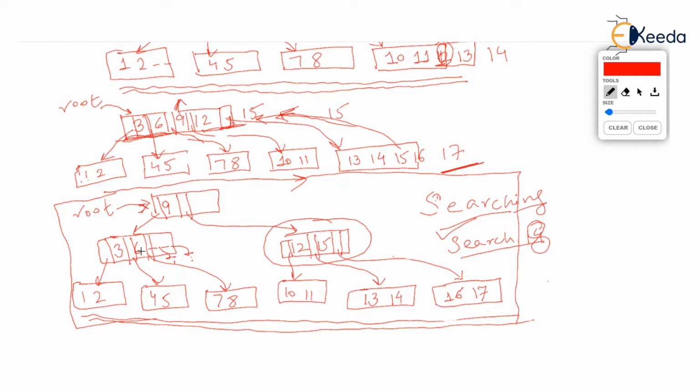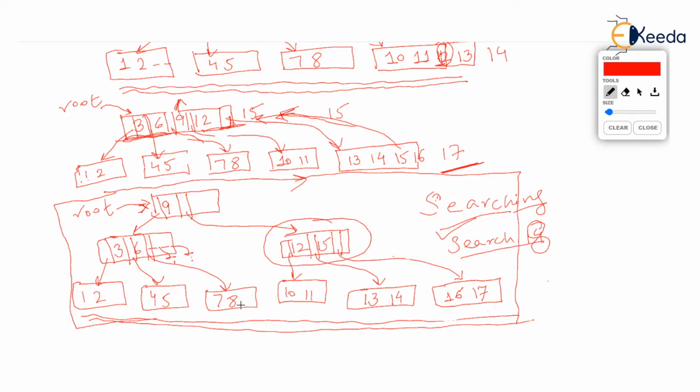You will very well know that if 8 is present, it should be present to the right of 6. And you will reach the node which stores 7 and 8. And you found 8. But then you actually accessed only 3 nodes: the node which stored 9, the node which stored 3 and 6, and the node which stored 7 and 8. It is surely understood that the maximum nodes that will be accessed in memory for searching any key will be 3 nodes.